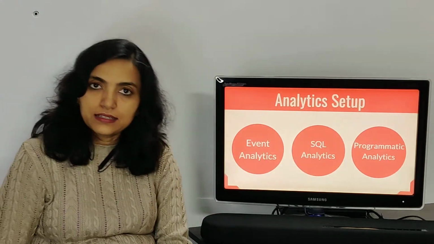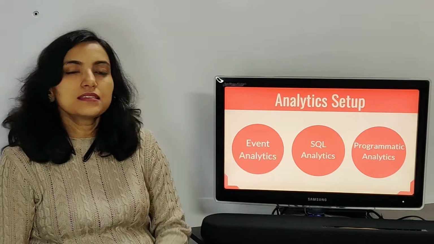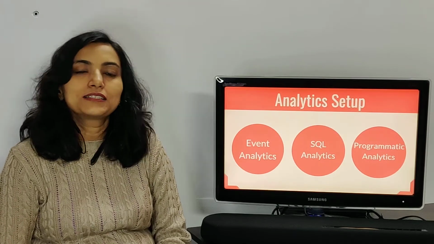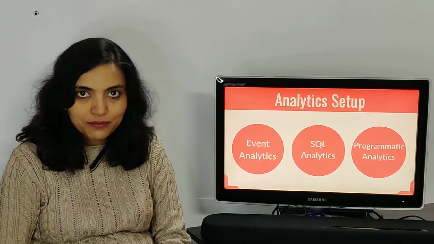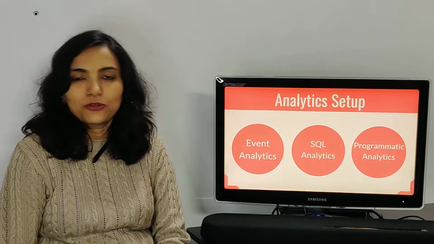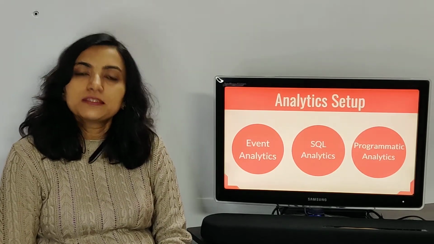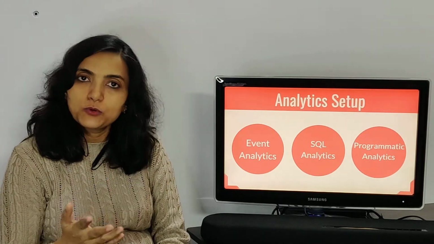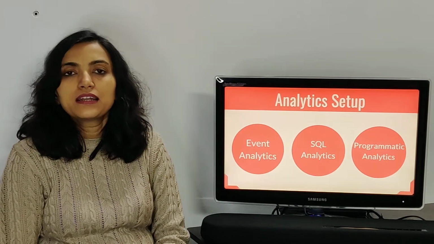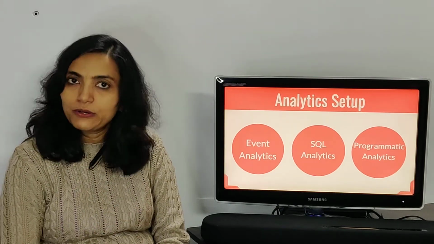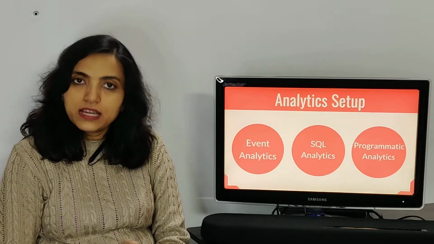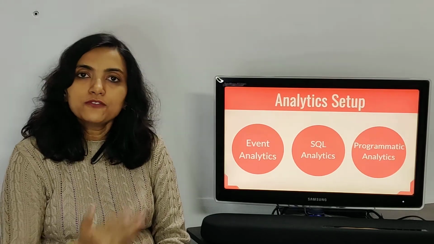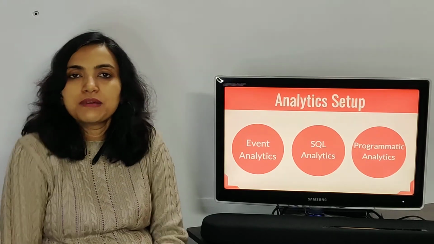Then there is SQL analytics. This is pretty much the basic analysis setup that any organization must have. In its most rudimentary form, it may be a set of analysts running SQL queries from their terminals and directly hitting the production database or a dump of that database. In its most sophisticated form, it may be BI tools, business intelligence tools like Looker or Tableau or Power BI, running on top of sophisticated data lakes where all your data is flowing from different systems. Somewhere in between, you may use a visualization tool like Metabase on top of a data warehouse, which is built on Amazon, Google or Azure infra.